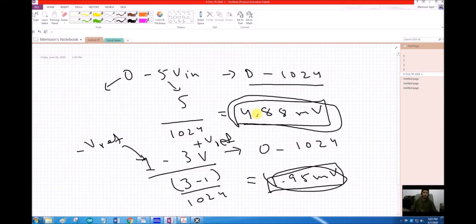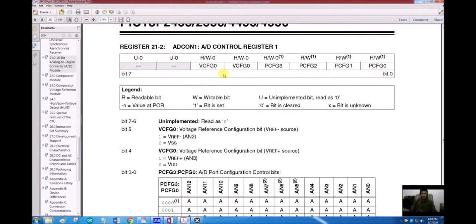If you have some analog sensors, you have to see what is the total output range of that sensor. So if that sensor's range is different from 0 to 5 volts, it is recommended to change the Vref plus and Vref minus values. And how to change that? Using these two configuration pins, VCFG0 and VCFG1.